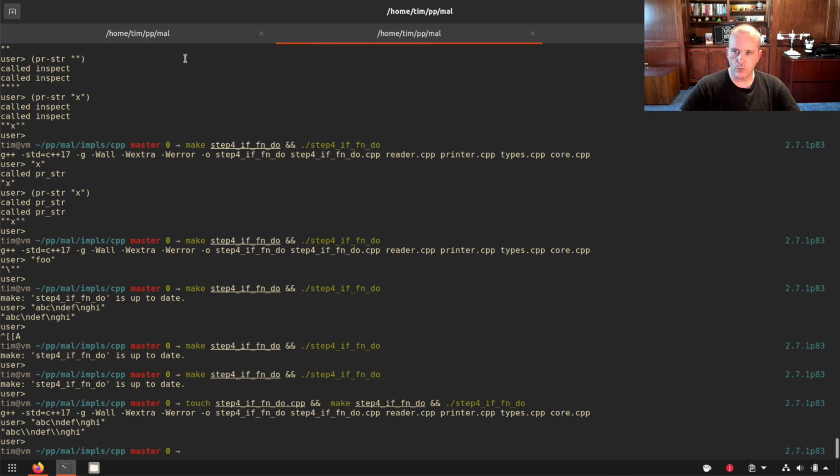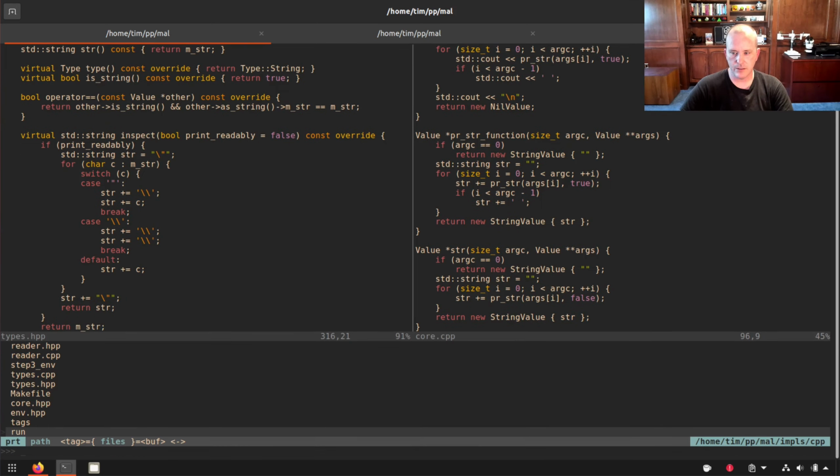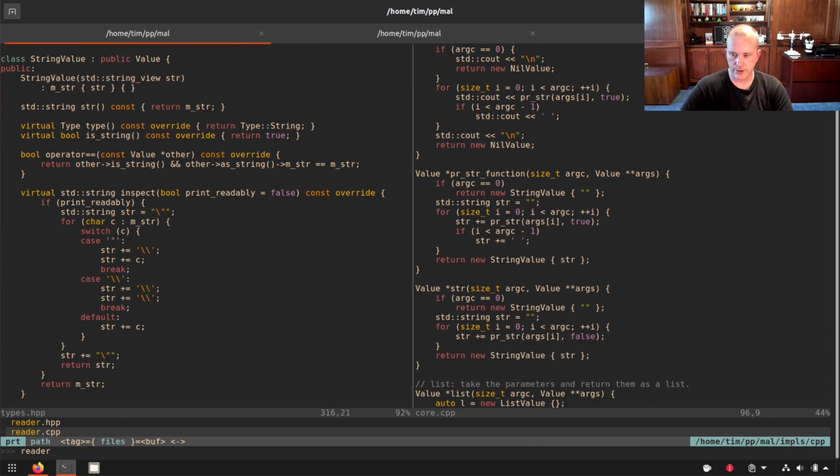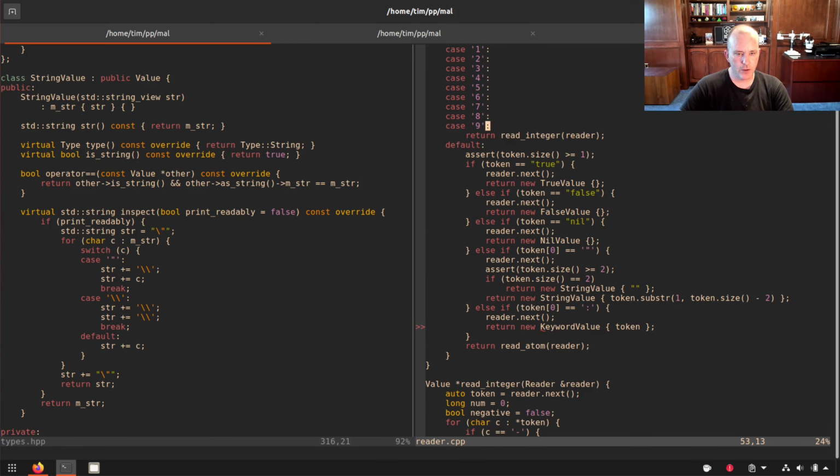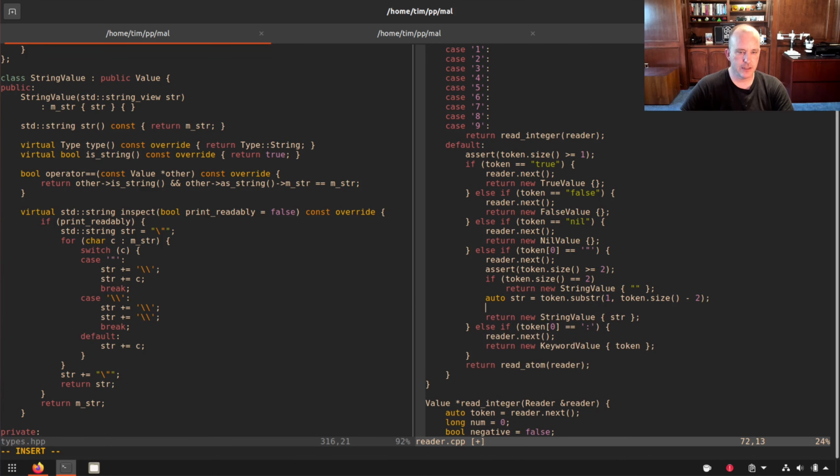So I think what we need to do on the Lexer, is it on the Lexer? Reader.cpp. When we do a new string, how are we going to do this? This will be the raw string, right? The raw string. We need a way to pass in. Actually, no. Let's pull this out. Say this is str, auto str equals this, and